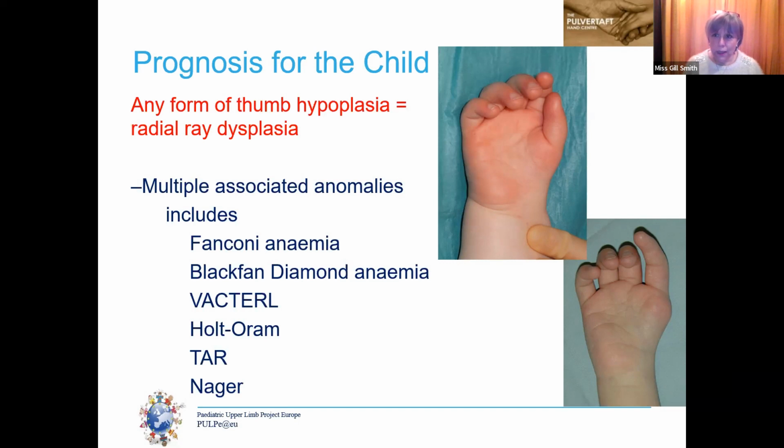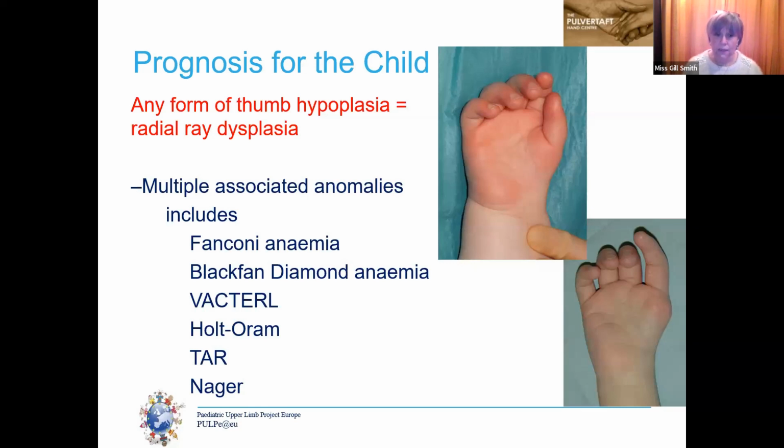VACTERL, which we'll mention at the end, is another one. Holt-Oram we've already mentioned, with the TBX5 mutation and the thumb hypoplasia and the cardiac defects. So VACTERL as well, of course, you're going to have cardiac defects, you're going to have renal defects. So you need to be looking for an echocardiogram, an ultrasound of the kidneys, maybe later spinal x-rays looking